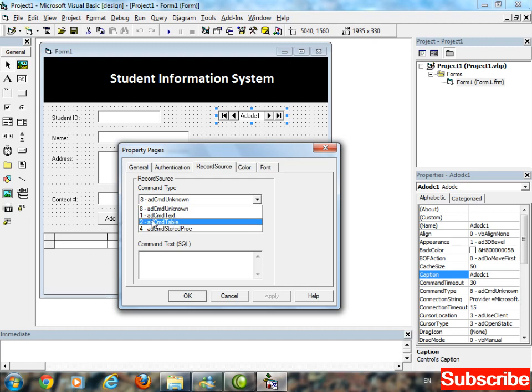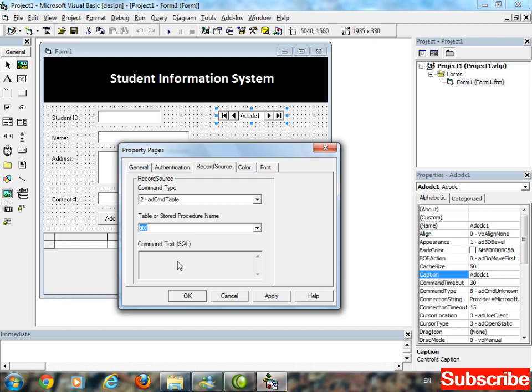So you have to select the third option, adCmdTable. Select this one option. In the next combo, you have to select the specified table, STD. Okay. In the last text area, command text, SQL, Structured Query Language. This area is locked.